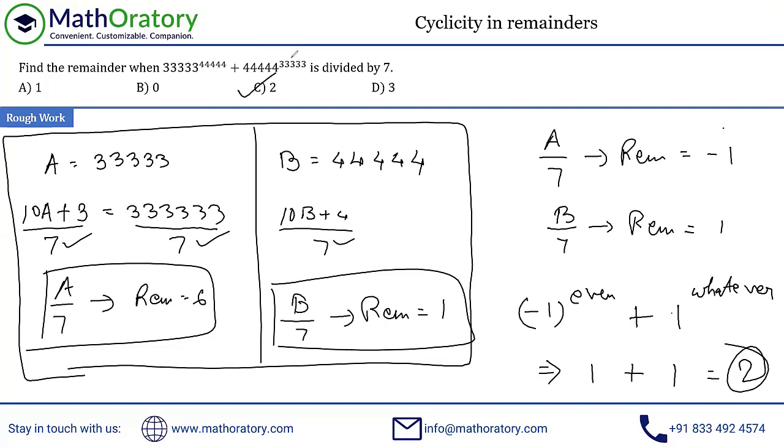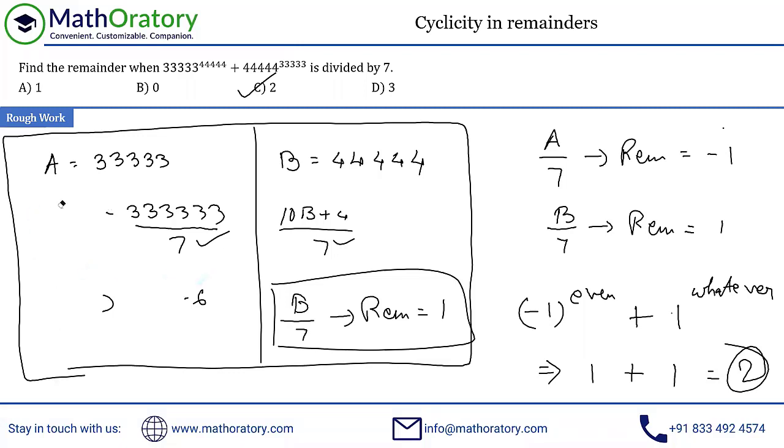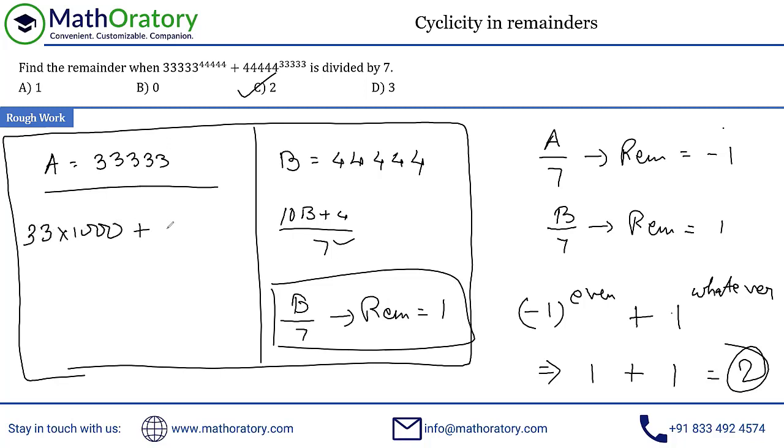So I just wanted to spend a little bit of time on explaining that remainder finding thing. If this doesn't hit you, there are also other ways to figure this out. Let me just show you one other way if this is something you found difficult to understand. For example, if you check this A thing out, remember that 1001 idea. I'm going to break this as 33 into 1000 plus 333. Now the interesting thing is this 1000 is 1001 minus 1, right?